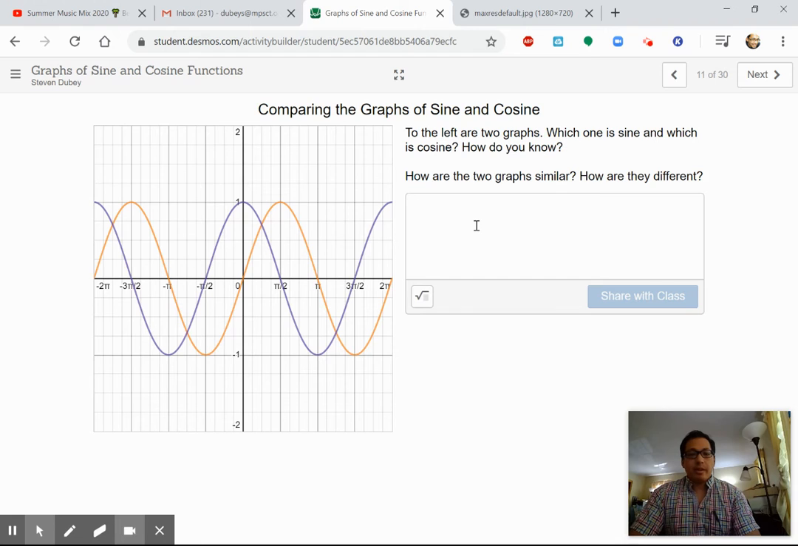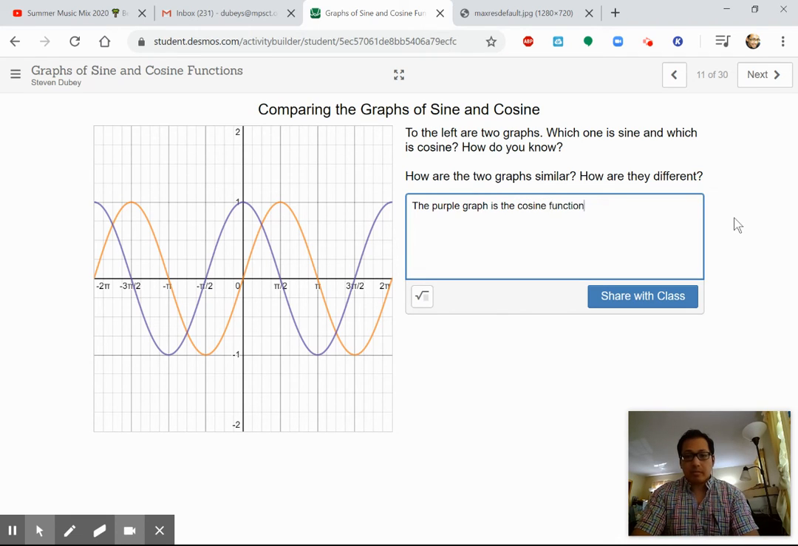Okay, so hopefully you've written some of your own thoughts for this screen. So one thing I definitely want you to notice is that the purple graph is the cosine function, and the orange graph,